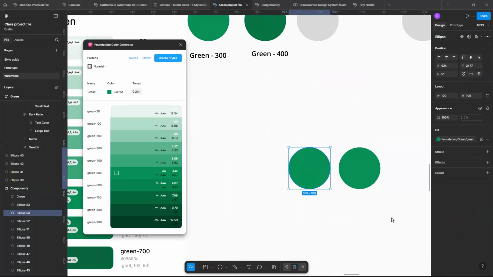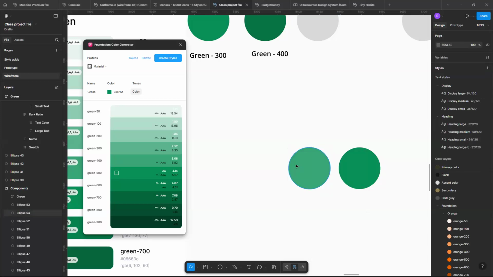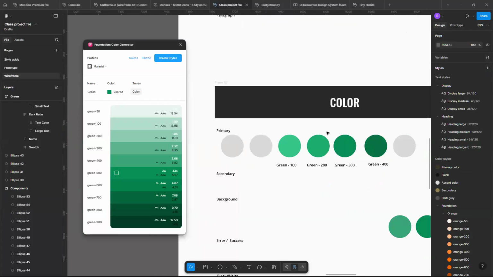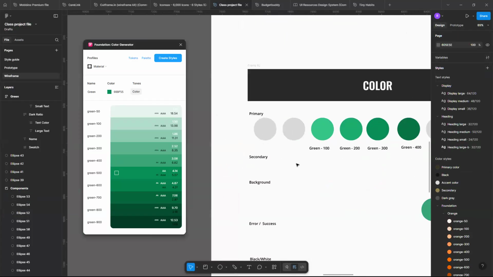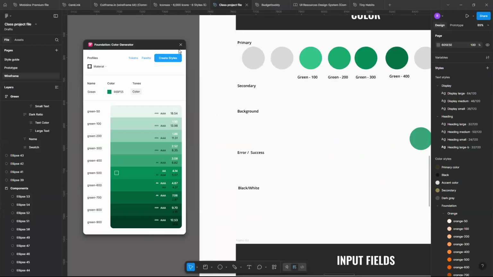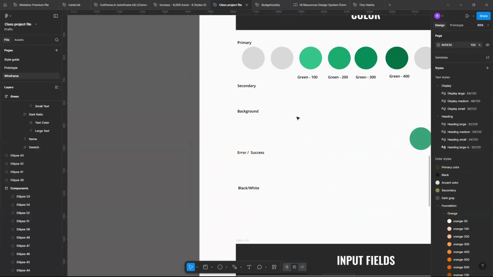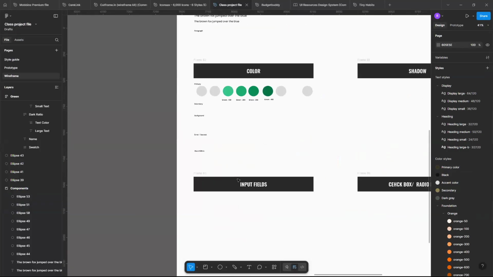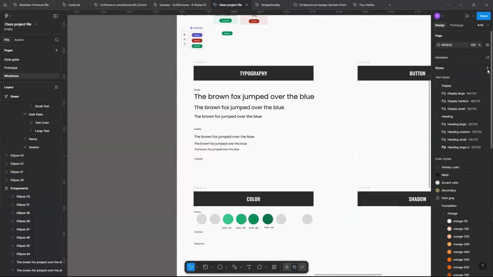I come here, I click on green 400, just a little bit lighter. So that's just that for creating styles for your colors, right? You can do the same thing for your secondary, your background, your error and success colors, and your black and white colors. It's going to do the same thing for you when you're creating your color styles, right? So, like I said before, in styles, we have the text, your color, your effect styles, and your layout